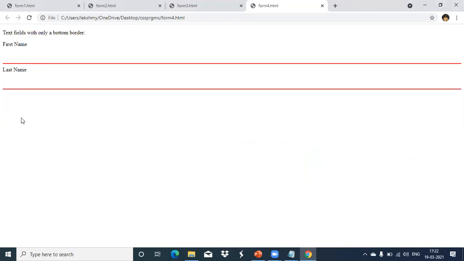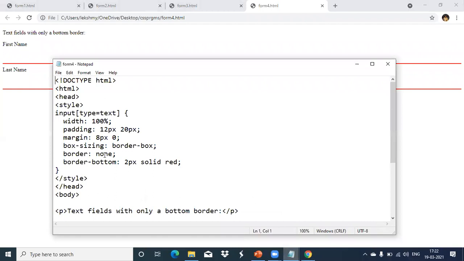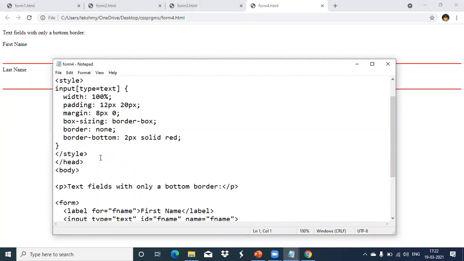So here you can see when we are viewing that one, we are not seeing the upper side border and only the bottom border we are seeing. Because the border property we have told is none. Like this. Okay. And here it is showing in solid red color. That styling we have done there.